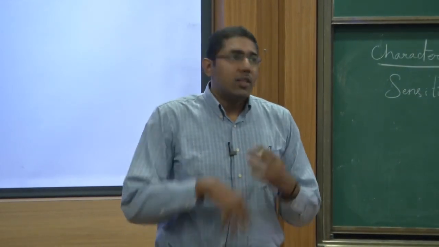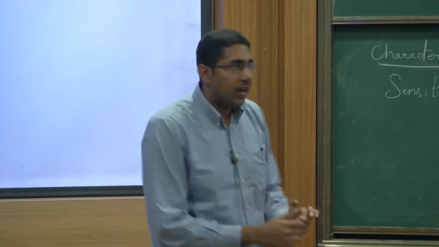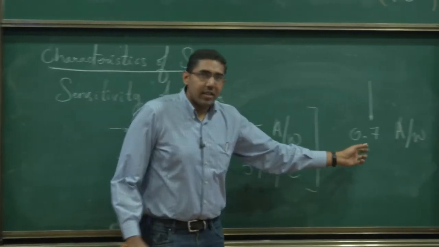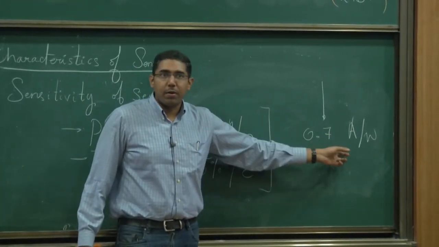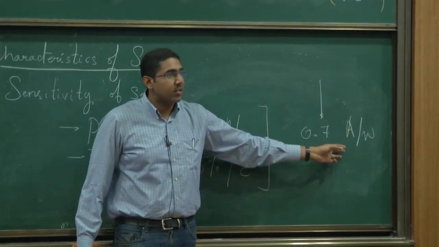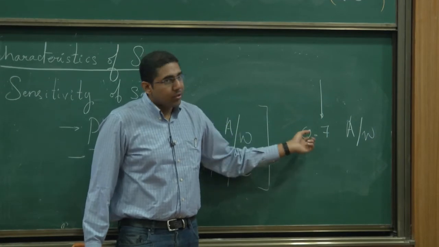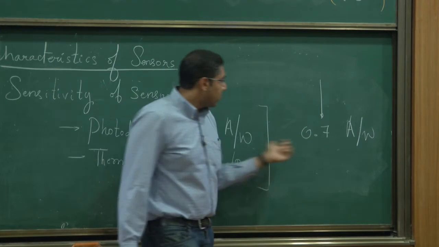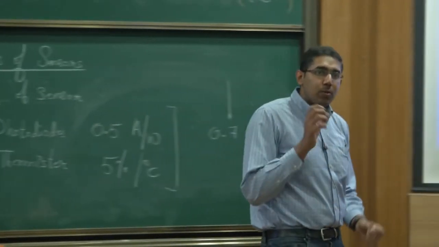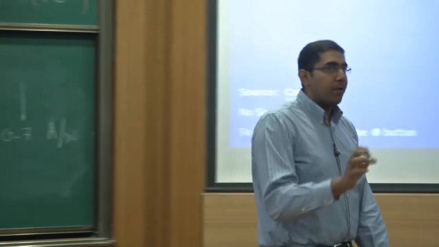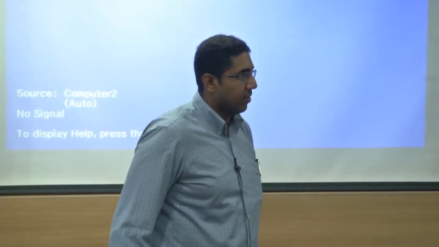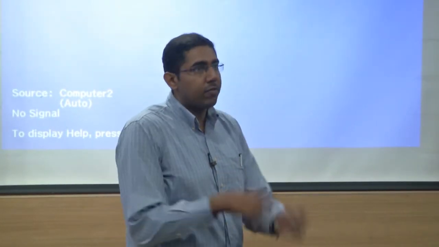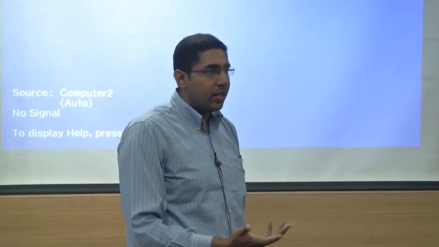So many other parameters are not accounted for here, right? So for example, what is the range of measurement of this optical power? Something may just saturate, something may not be sensitive to the wavelength that you care about, right? So just one number is not sufficient to quantify the performance of the sensor, right? Just saying this sensitivity is more than the other, therefore this is good, is not a right answer.